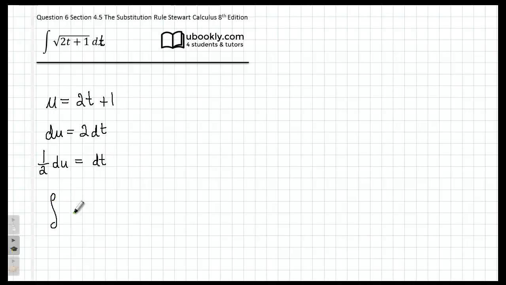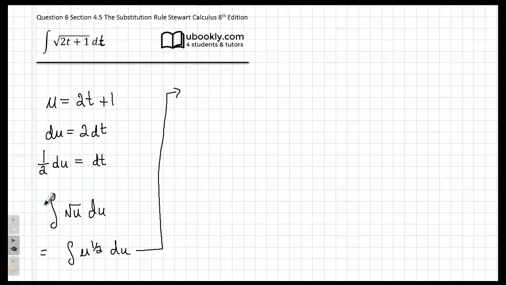And now I can substitute in my u's. It'll be square root of u du. Alright, so I'm going to rewrite this integral as u to the power of a half du. Okay, so here there's a half out here and a half out here because of our du. And now I can integrate this as a half into u to the power of 3 over 2. I'm just adding 1 to the power and dividing by that power